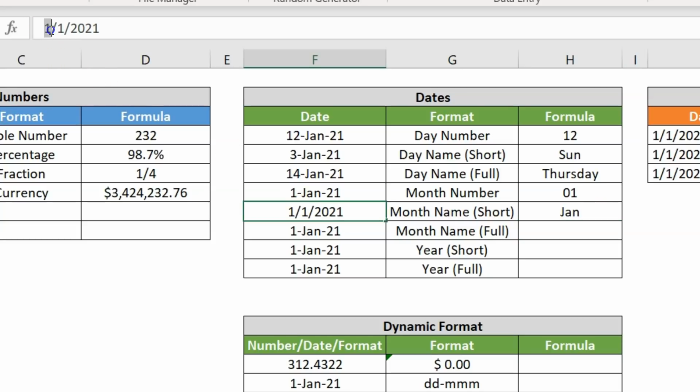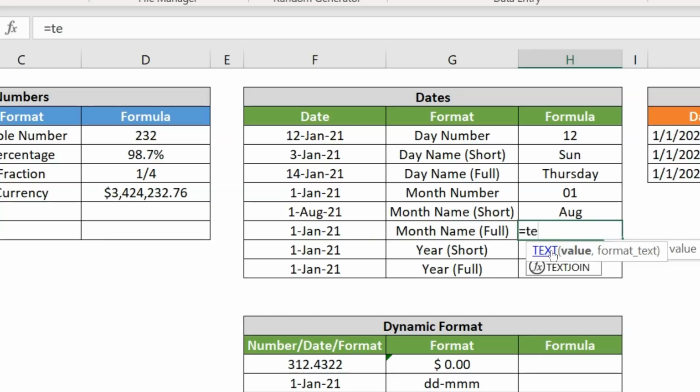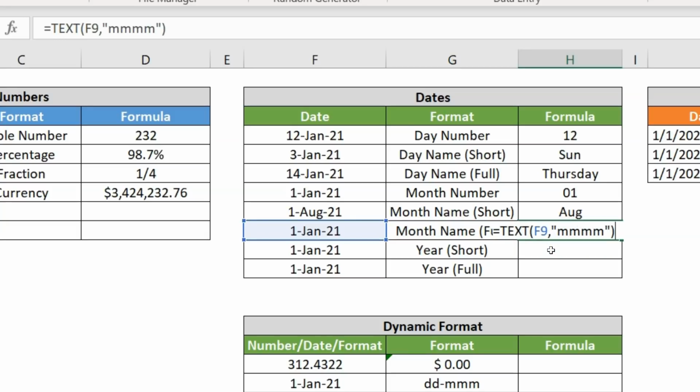Let's say if I am taking a date here for May, so it is returning May. If I am taking 8, it is returning August, but it is returning the spelling as AUG, which is the first 3 letters of the month. So here what we can do, we can put M 4 times. So let me show you. Text, this range, comma, MMMM 4 times, and just close the bracket and press enter. So here you can see it is returning the complete spelling of the month.